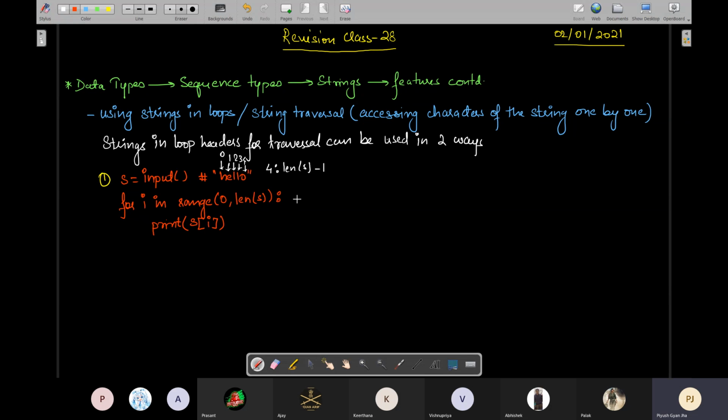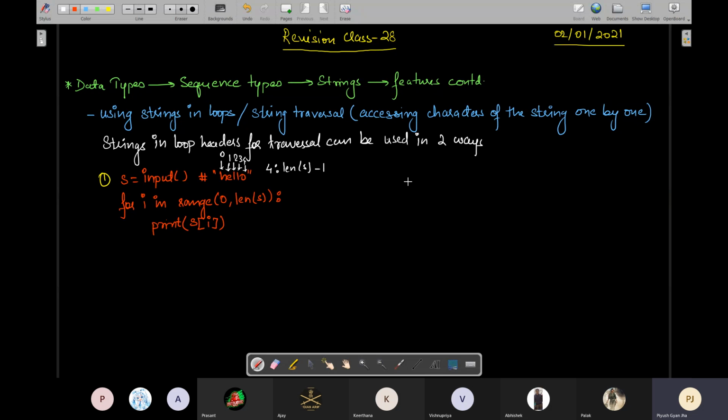So that is why this process of visiting each of the elements and doing some work with that particular character, okay, visiting each of the index positions and then taking that character at that index position in that string, okay, and using it in the body, this process is known as traversal, string traversal. तो ये बताओ कि इसमें how we have used